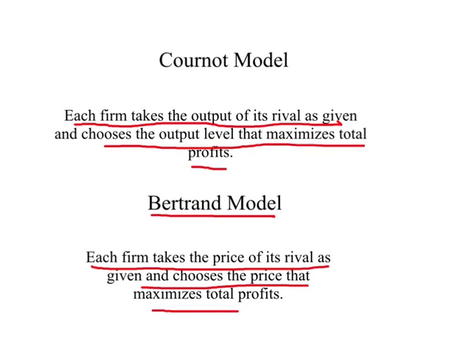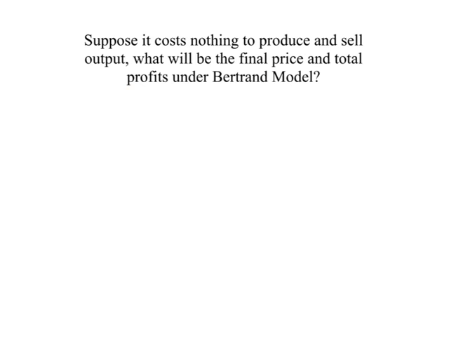maximizes total profits. So in Cournot's model, what kind of expectations do we have? It's about the output of the rival firm. Under the Bertrand model, the expectation is about the price of the rival firm. So when we are studying the Bertrand model, where each firm takes the price of its rival as given and then tries to do the best it can under the circumstances, without drawing any diagrams, let us try to understand the